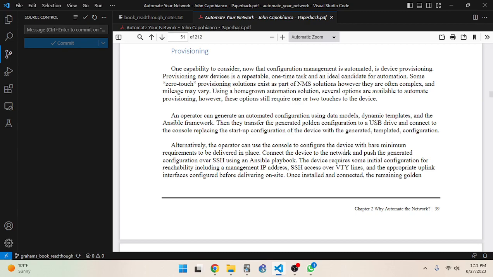An operator can generate an automated configuration, but that automated configuration is designed for an operating system, and the person installing the device, so the operator can use the console to configure the device with bare minimum requirements, has to be given a golden configuration compatible with that operating system.